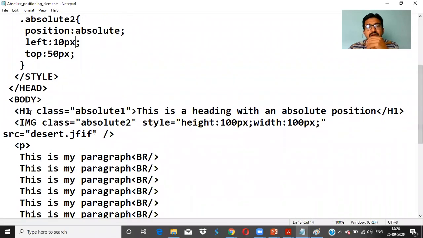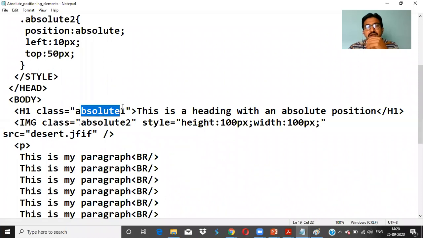Now here class equal to absolute 1, I'm using for this. This is a heading with absolute position. And here I'm using an image called tz, applying a class called absolute 2, where the left position is 10 pixel, top position is 50.